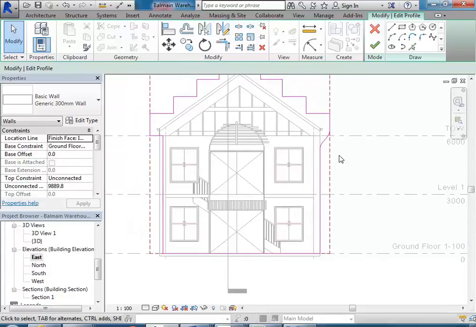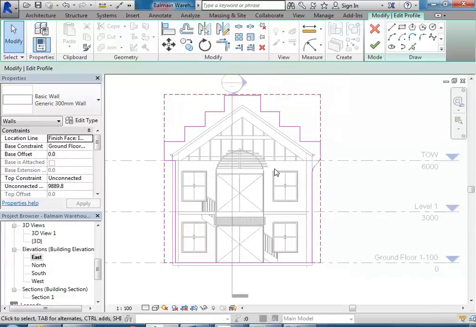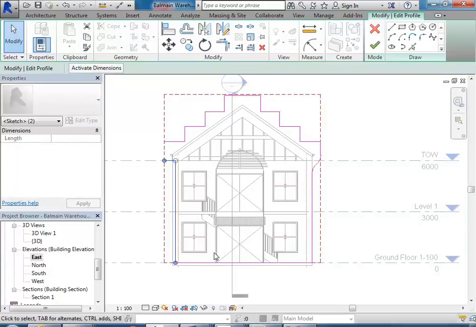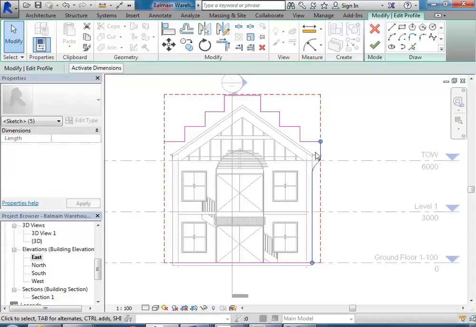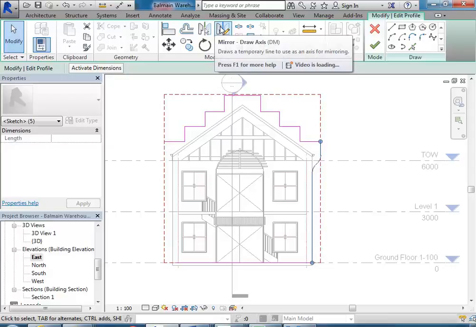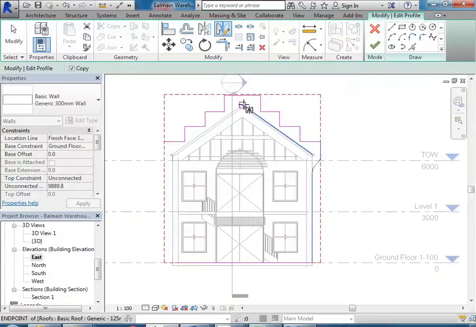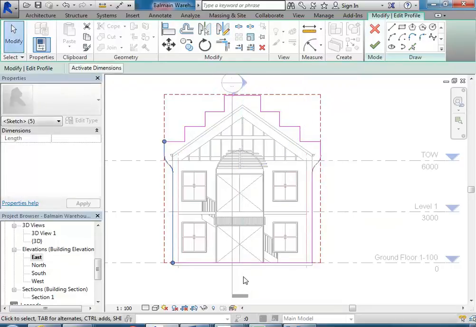So I might just finish this. I'll mirror it across, and then I'll finish the video, and then I'll see if you've got any problems. So I'm going to delete these lines on the left, and then selecting left to right, just like you can in AutoCAD, I'll get those new lines using mirror draw axis. Then I can go to the ridge there, which should be in the middle of the building, and then just come straight down with a vertical line, click again, and I've got an exact copy on the other side,